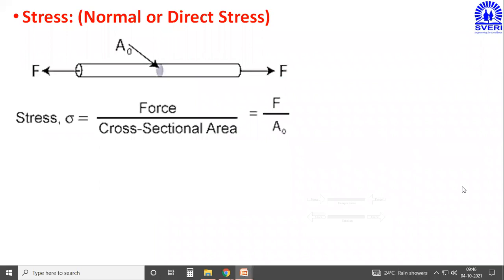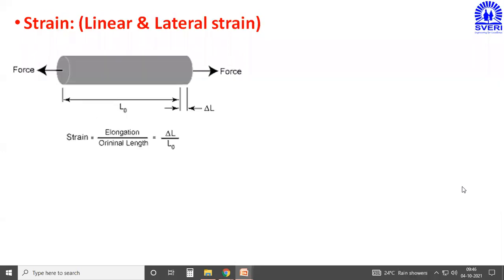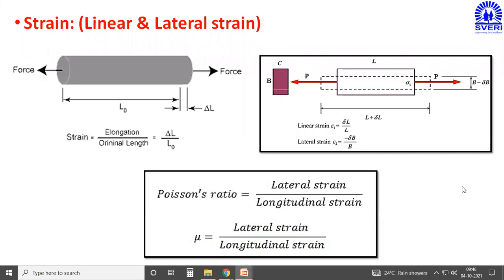In addition to that, in the last lecture itself, we covered two important definitions, that is stress and strain. We discussed the basic definition of stress, its important formulas, and which cross section we have to consider during the calculation. Then we discussed its two subtypes, which are called tensile stress and compressive stress. We also discussed what is meant by normal or direct stress. Normal and direct stresses are always perpendicular to the cross sectional area. If any stress is perpendicular to the cross sectional area, then that stress is called a normal or direct stress.